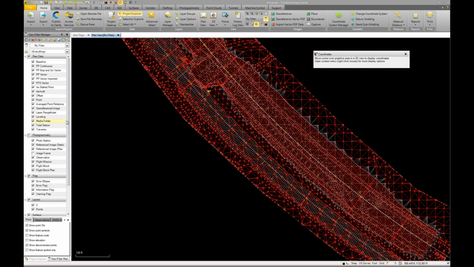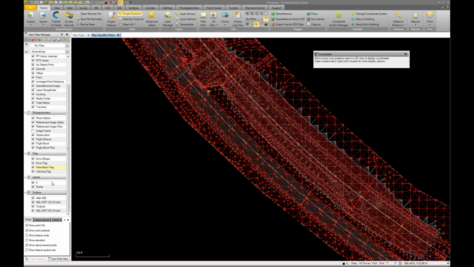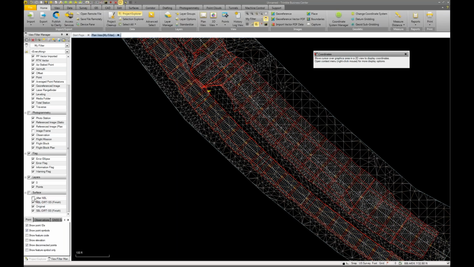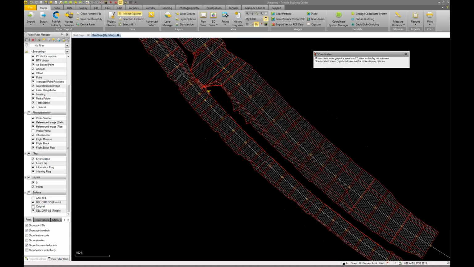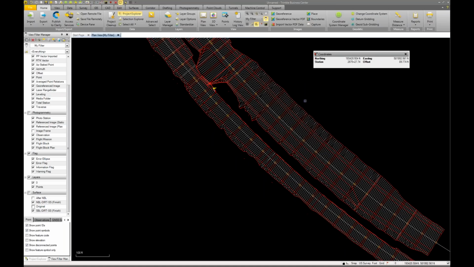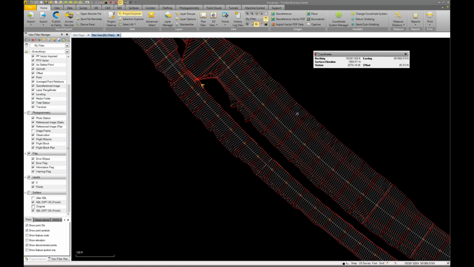The other one is having the View Filter Manager. If I scroll down near the bottom of the surfaces, dynamically turning these on and off so I can clean up this display as I'm reviewing things. So if I'm going to go through and just review these roads, I'm going to turn off my original ground surfaces so I can just see my proposed models on here. So now that I'm looking at these,